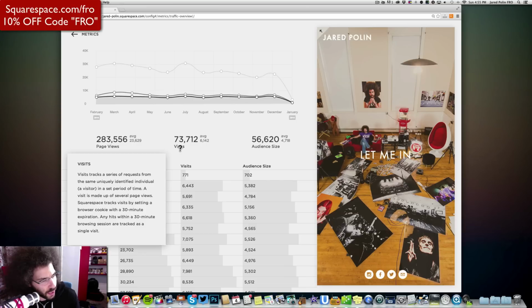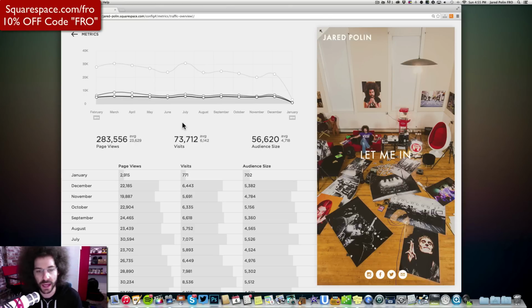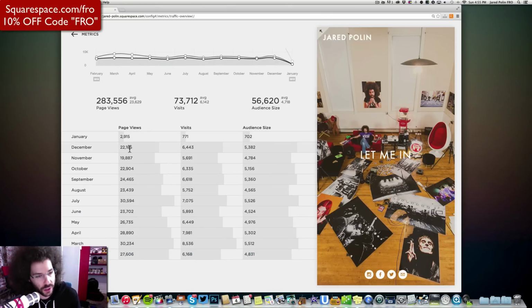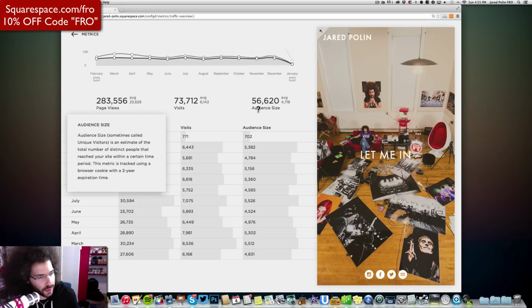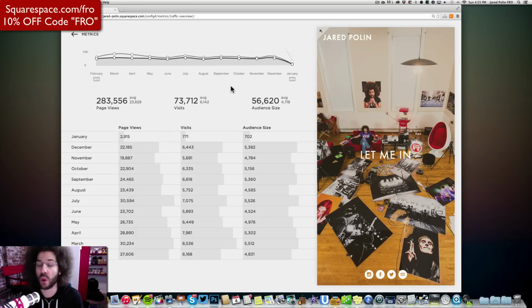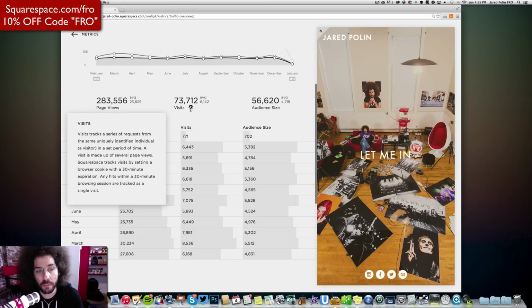Visit tracks and serves your request from the same unique identity, individual or identified individual, a visitor, in a set period of time. Okay, so yeah, that's what that is. So you can see there's this many page views, this many visits, the audience size, which I don't really understand, but I guess I could hover over it and it would tell me. Audience size, sometimes called unique visitors. There it is: an estimate of the total number of distinct people that reached your site. See, unique visitors are the important things. Unique means it's not bloated numbers, like the same people have visited my site more than once, but